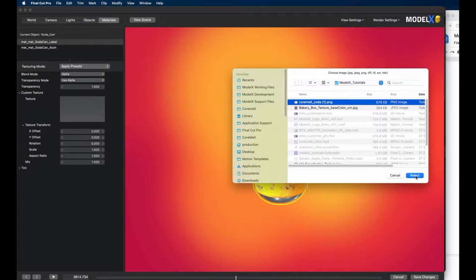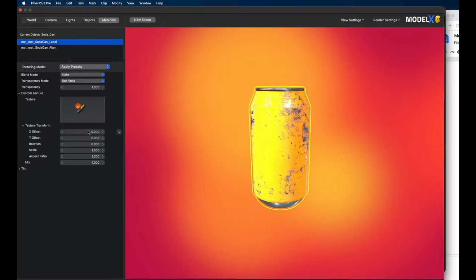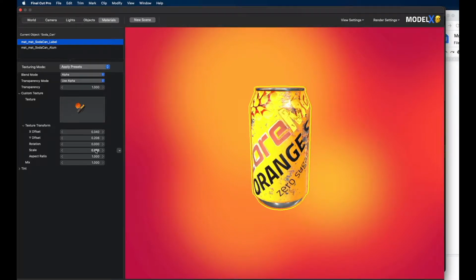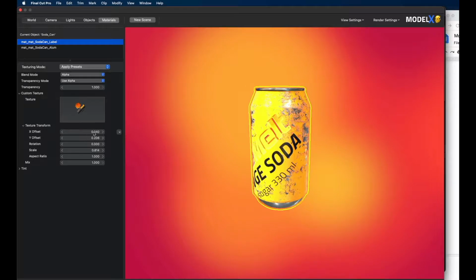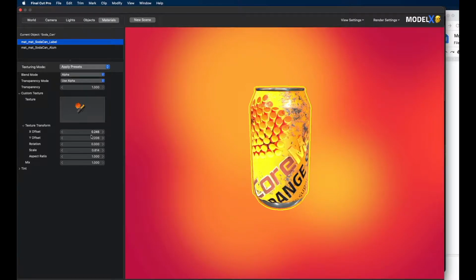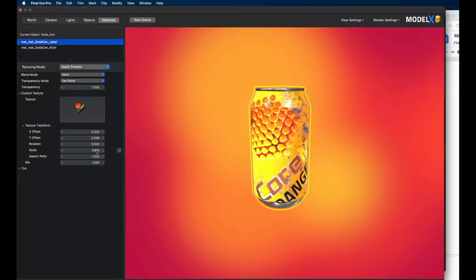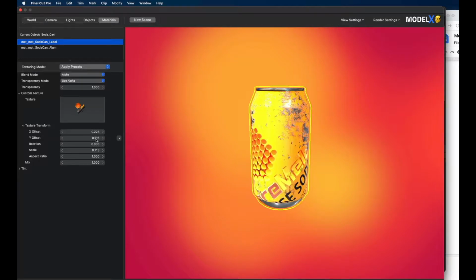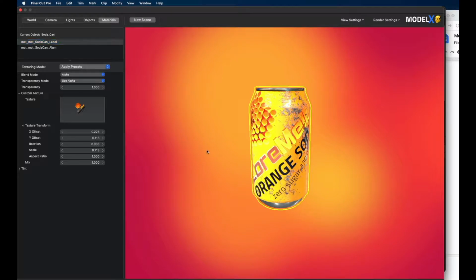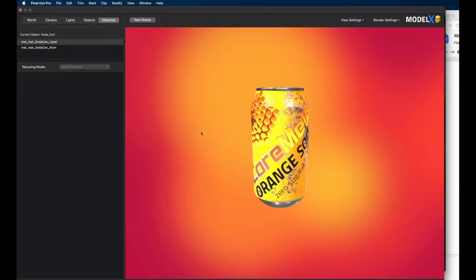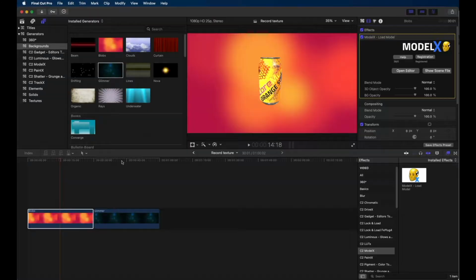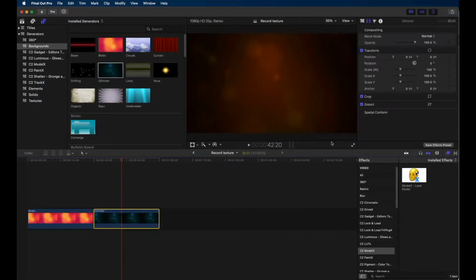So again, select the Coremelt Soda. And same as before, I want to slide the decal and scale it until it's positioned as we like. Probably a bit more like this. There we go. Very quick and easy. Lastly, I'm going to load a different model and show you how you can do retexturing